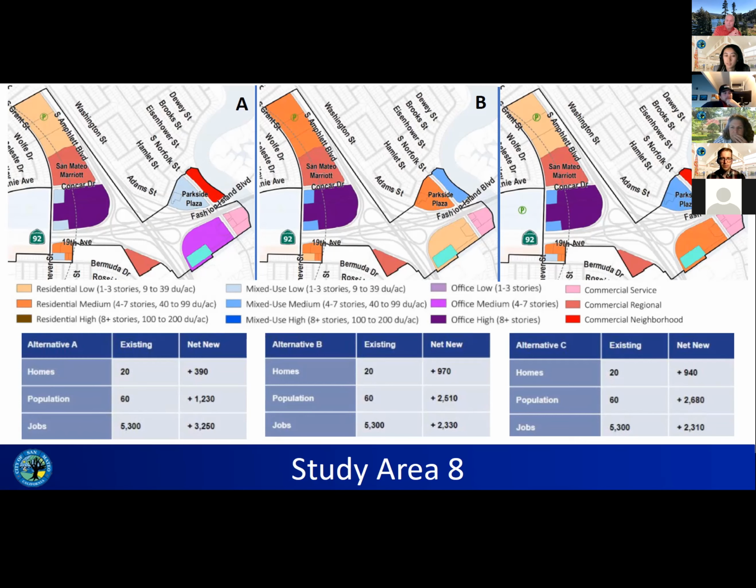Oh wait, I have one. Sure. The arena connecting traffic from those areas to 92, 101 and other areas will be too congested. Okay. Could you repeat the first part of that comment, Vivian? Is it about the study area in general being too congested? Yes. Okay.